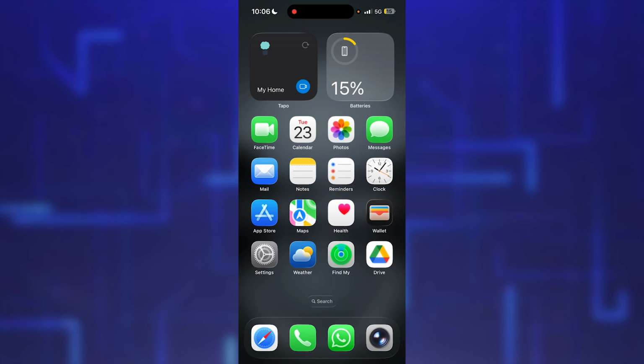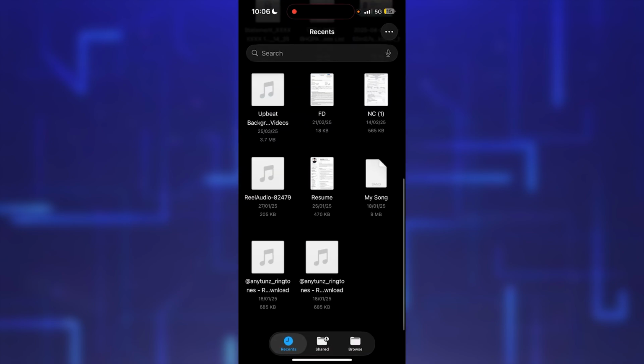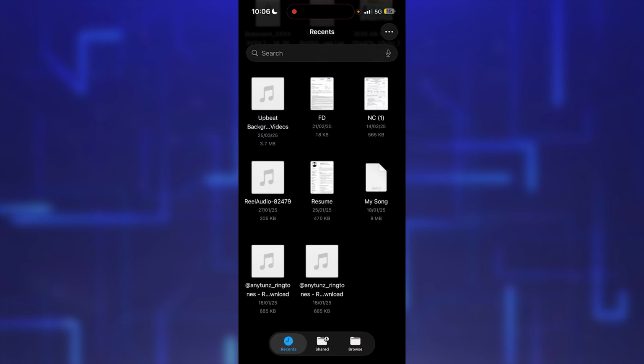Now in order to do it, all you need to do is first save that particular audio file or music file that you want to set as your ringtone on your iPhone in the Files app. For example, if I saved, let's say, this particular reel audio,